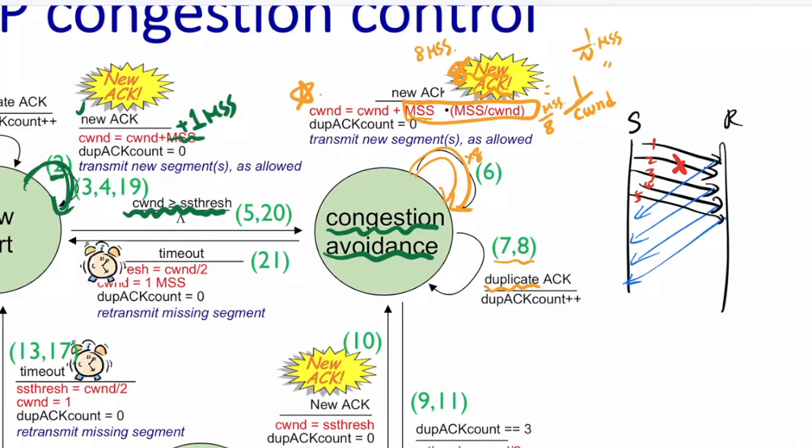So you receive ACK 2. Because TCP uses cumulative ACK, ACK 2 means we expect packet number 2. So that is the original ACK, and